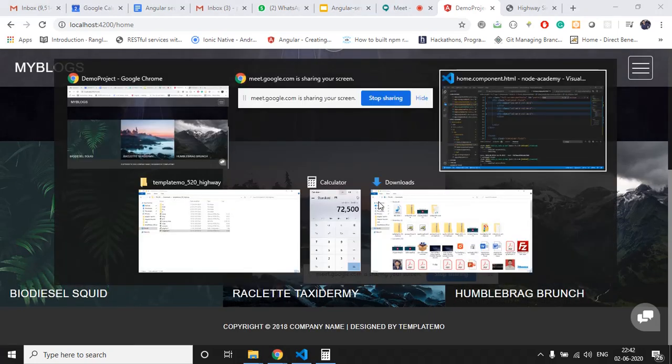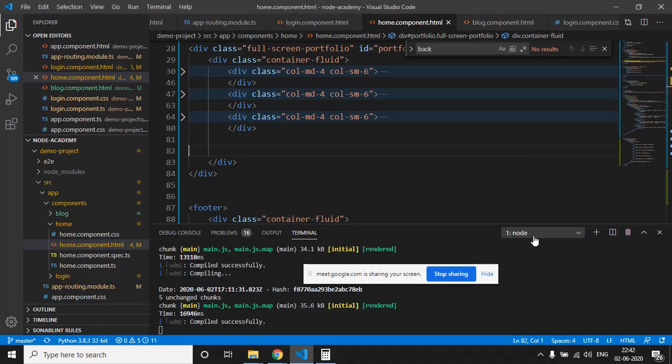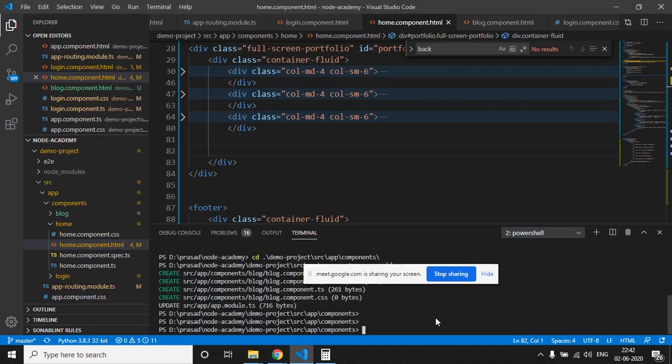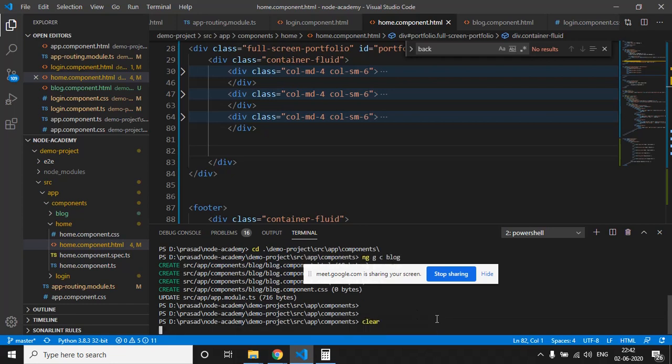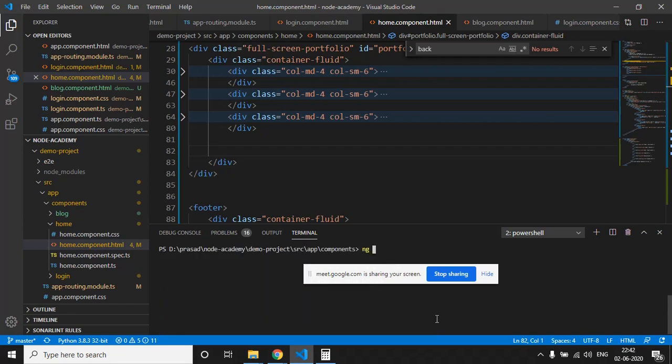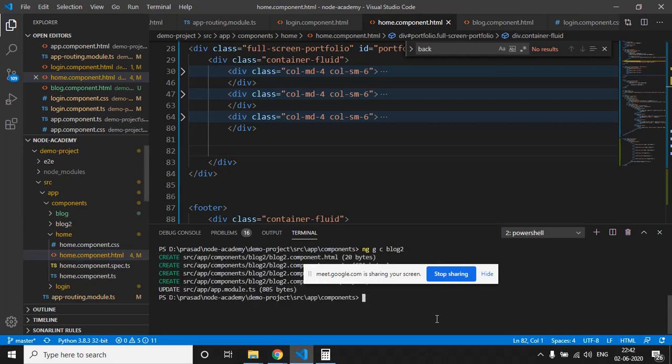So let's create two more components for block 2 and block 3. ng g c block2, and also we will create one more component, block3.